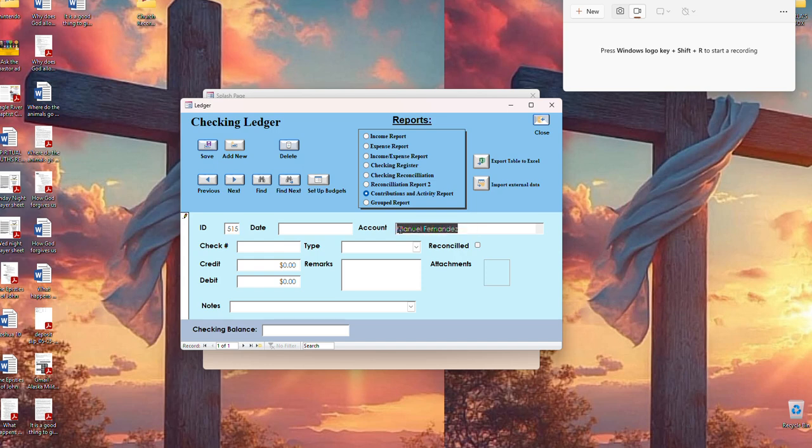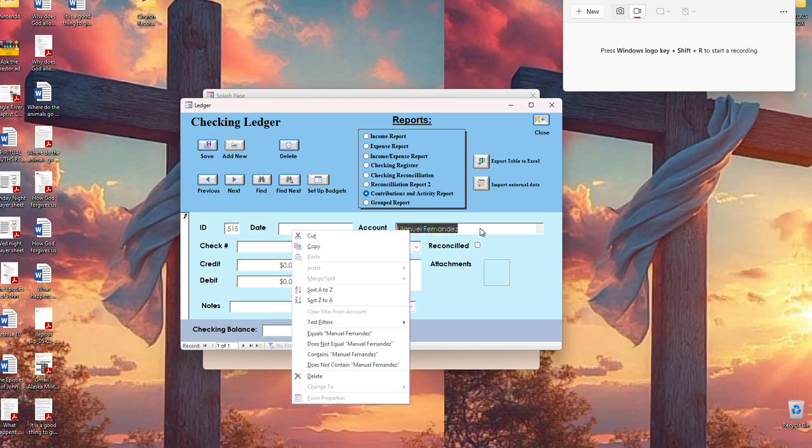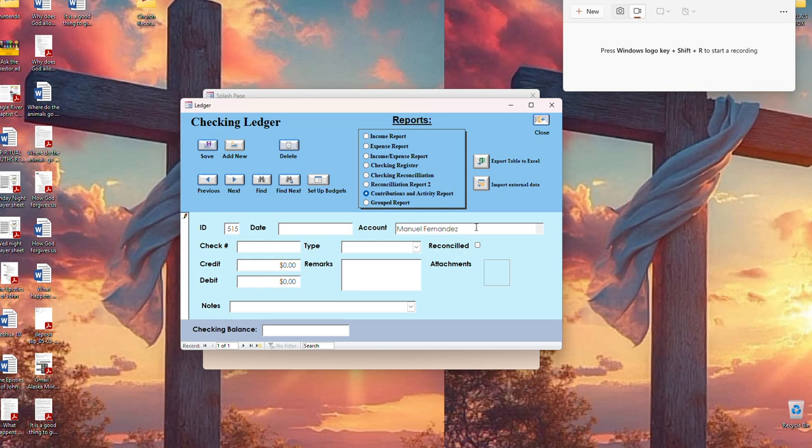If you're unsure about how to do that, just copy and paste it from a previous record. If it's a couple that gives, make sure again it's always spelled exactly the same way each time, because when it comes up in your giving report right here, you want to list it. It's going to be under the same heading. Okay,